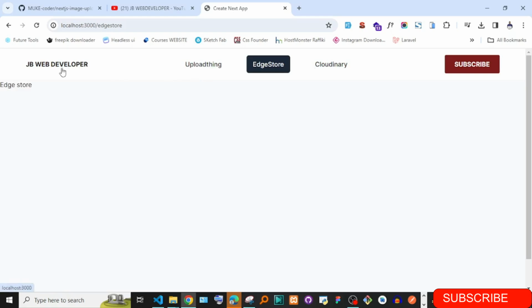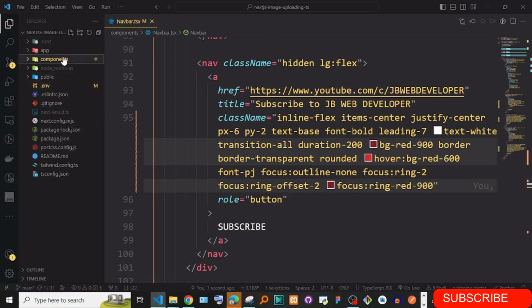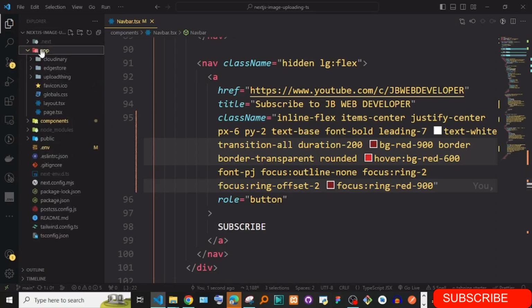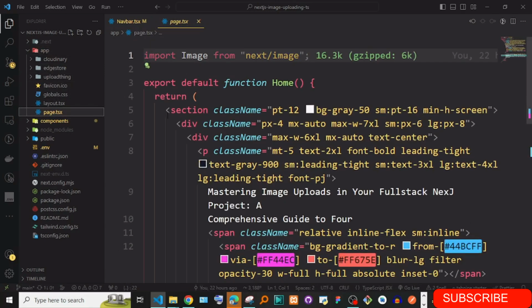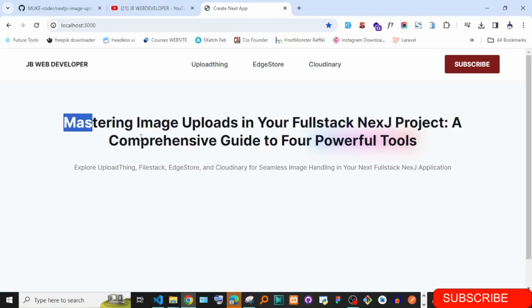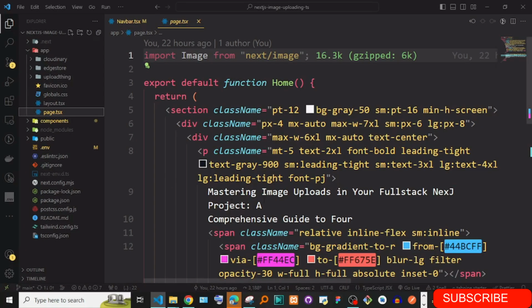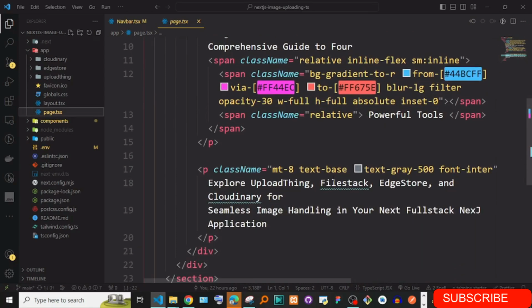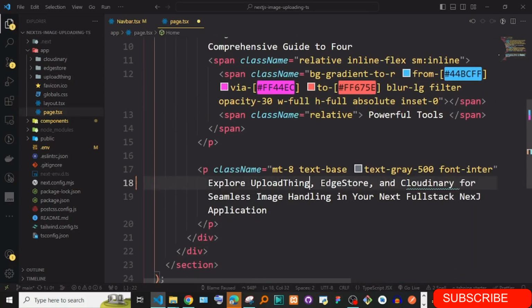So we are just now going to start with the first one. So let me take you through the project so far. I have the app, which has 3 pages: the Cloudinary page, the EdgeStore, and UploadThing. And then onto the page, I just simply have this block here. Okay, and this is the block that is displayed on the home page here. Okay, so that is the page, and I'm just going to remove also this file stack, since we are not looking at file stack. So we are looking at the 3 tools,